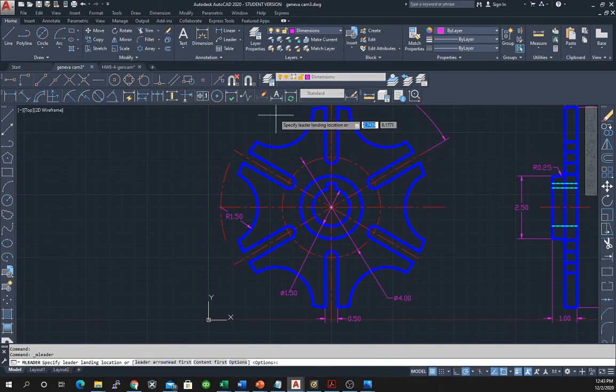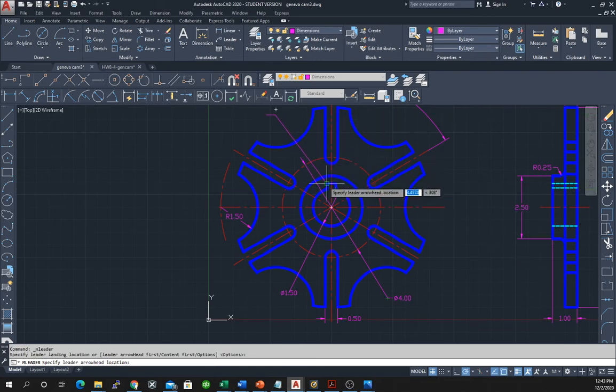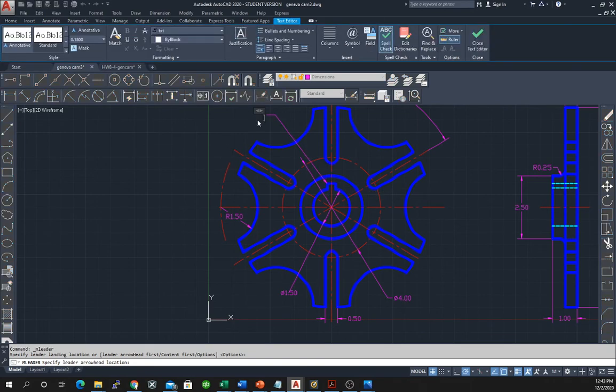The way this leader is, the top part is here and the bottom part is down here with the arrow. So we want to bring the arrow down this way, and then the text is going to go up here. And then we can type in